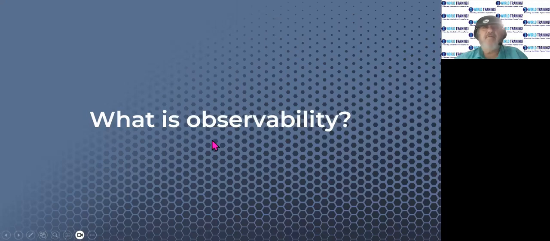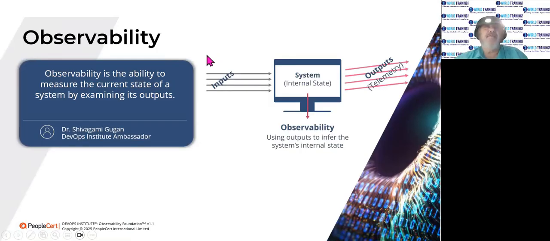What is observability? I'm sure you have your own notions, but this is the definition in the course. Observability is the ability to measure the current state of a system by examining its outputs. So any system, obviously we're talking about IT systems in this course primarily. So any inputs